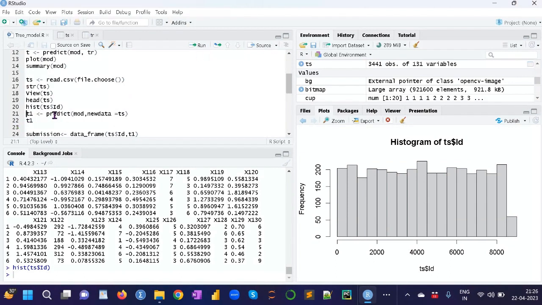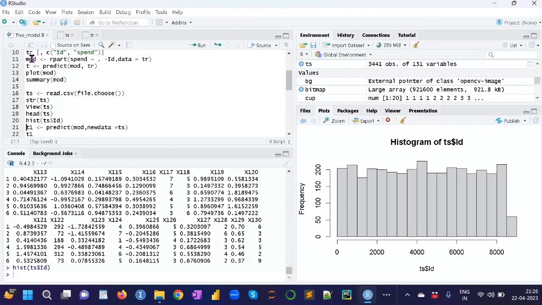And then I am using t1 as a new variable, and predict is an inbuilt prediction function for our model, mod is the variable name, and newdata is ts. This is the ts, because I want to combine the train data set as well as the test data set.